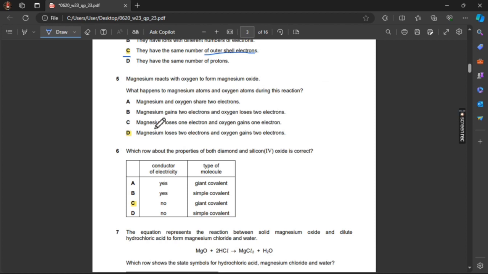Fifth question. Magnesium reacts with oxygen to form magnesium oxide. What happens to magnesium atoms and oxygen atoms during this reaction? Okay, the electron configuration of magnesium is 2,8,2, and the electron configuration of oxygen is 2,6. To form magnesium oxide, both elements should become stable. For that, magnesium should lose 2 electrons and oxygen should gain 2 electrons. So the correct answer is